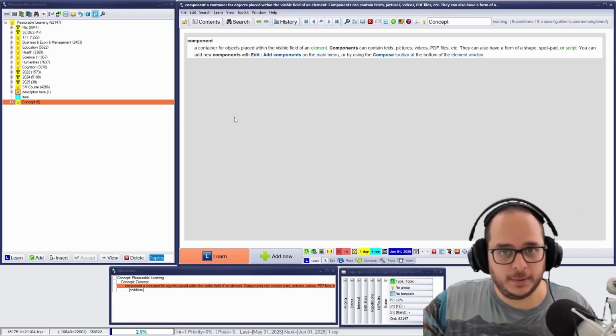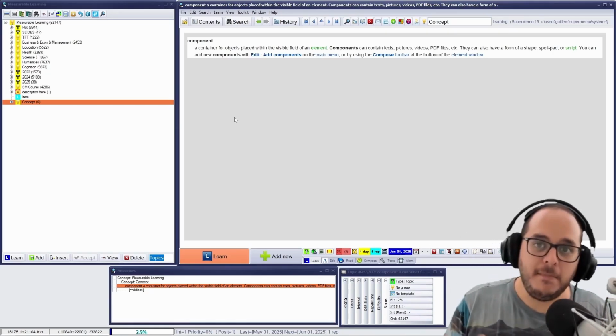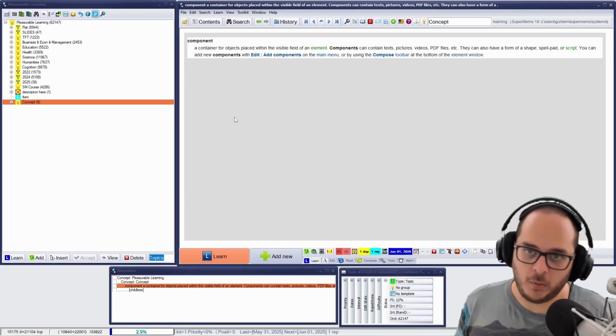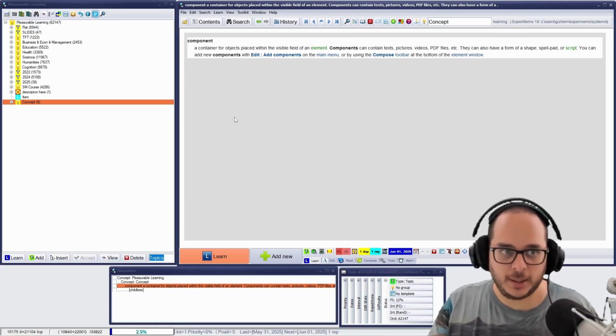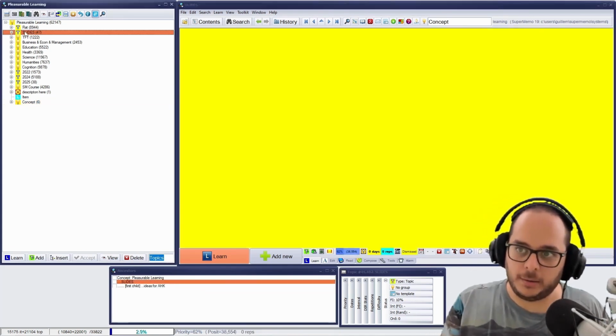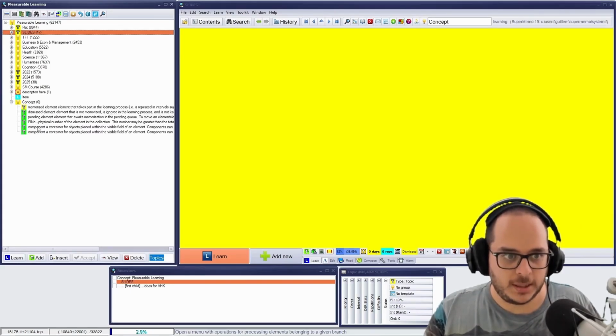So every element in SuperMemo can have components, and it may have components, because you can have 0 components if you want to. That's actually the case of, let's say, here. There's only a background color. There are no components. Okay. So let's just start